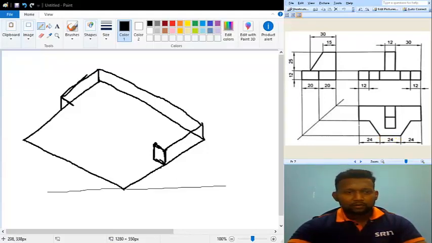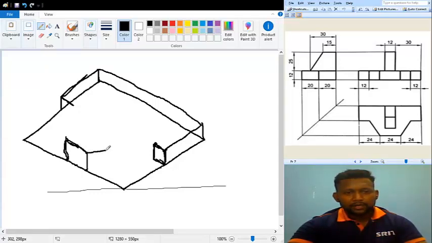So what I am going to do is just mark the center of this one, and from here to the right side I am marking 12 and to the left side also I am marking 12, okay. And after that, this particular 24 block is also having a height of 12, so I am going to draw a vertical distance of 12 here, and a vertical distance of 12 here, and if I join this one with this one, this is nothing but my 24 block, okay,